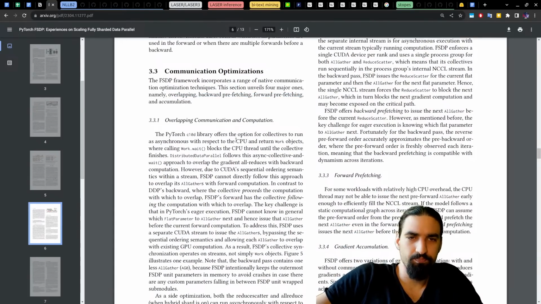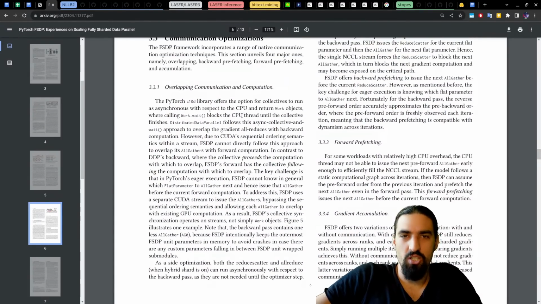Let's see. Overlapping communication and computation. The PyTorch C10D library offers the option for collectives to run asynchronously with respect to the CPU and return work objects, where calling work wait blocks the CPU thread until the collective finishes. DDP follows this async collective and wait approach to overlap the gradient all reduces with backward computation.